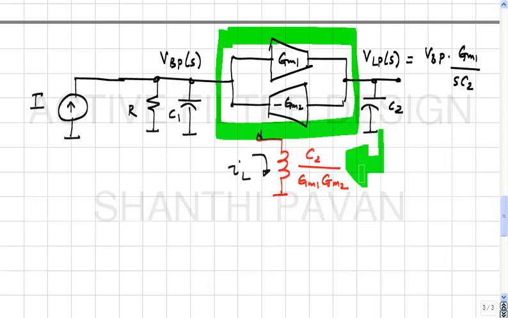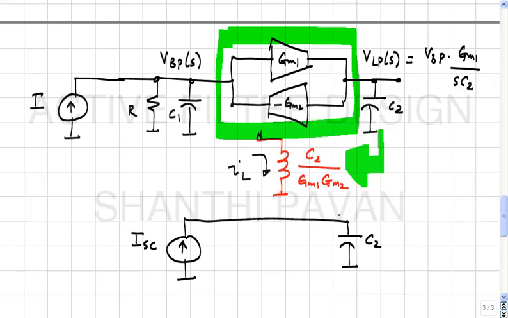So, the Norton equivalent looking in across C2 is I short circuit current in shunt with the Norton impedance, or the Thevenin impedance, which is a resistor in series